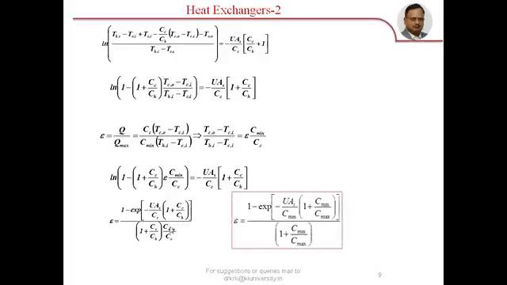This C minimum by CC becomes 1. You get the expression effectiveness is 1 minus e power minus UA by CC, is C minimum 1 plus C minimum by C maximum plus